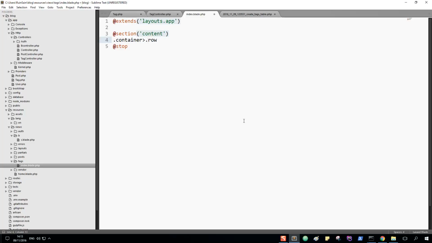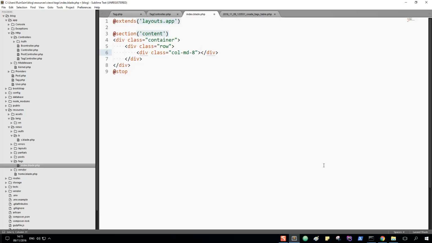It's a dot row, and we also need a header. So let's leave the header for now. Okay, and we need to make it col-md-8 and right now,